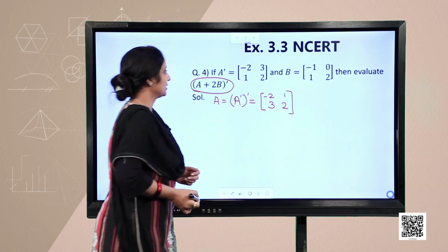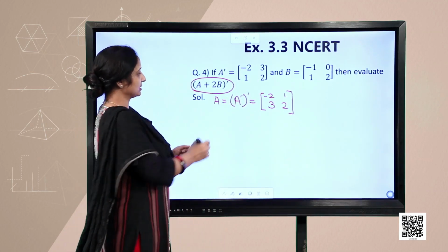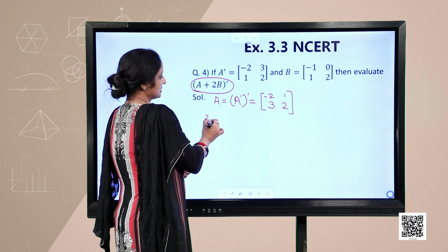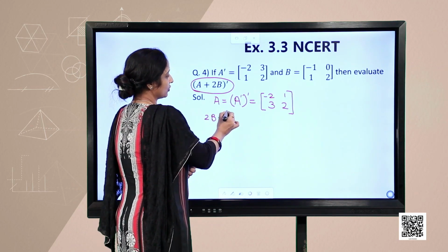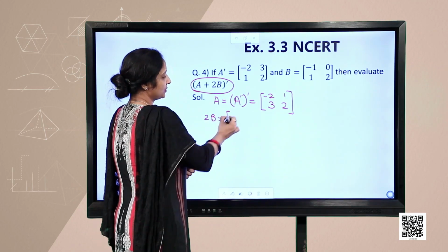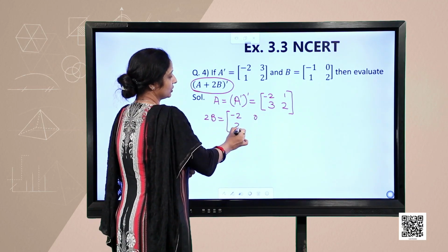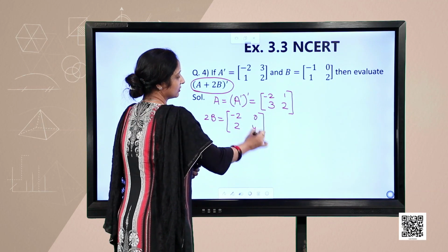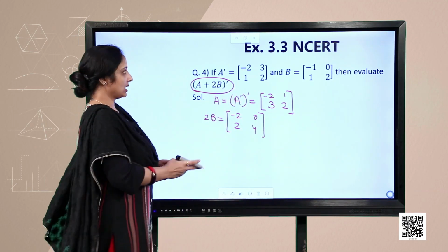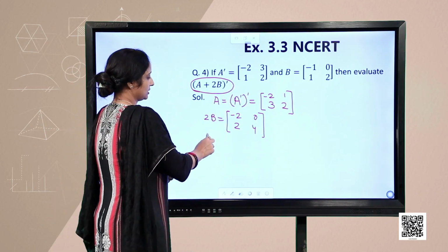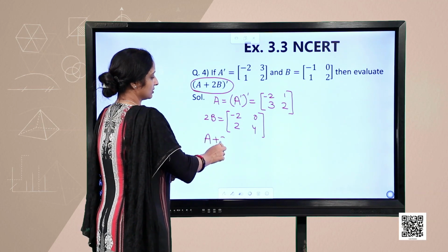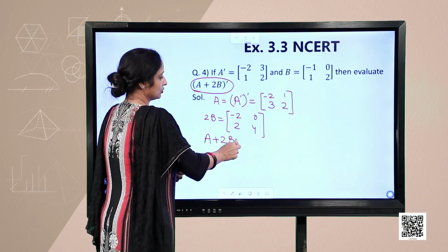Like this. Then I need matrix 2B. That means each and every element of matrix B will be multiplied by 2. So, it is giving you this matrix 2B. After that, you need to add these two matrices, A plus 2B,